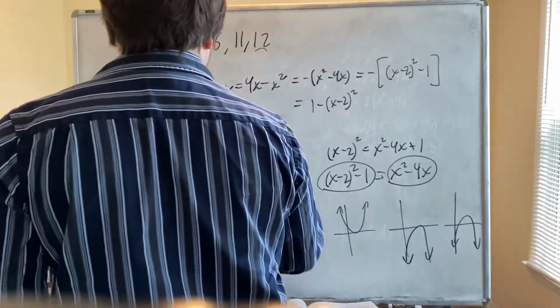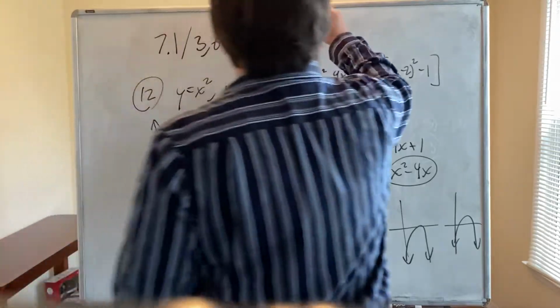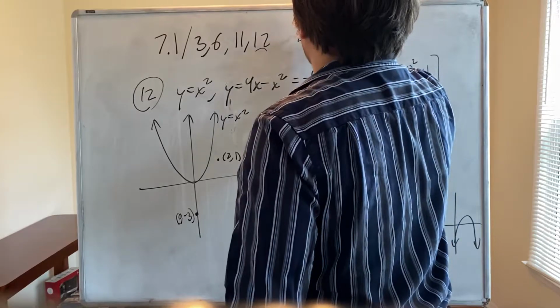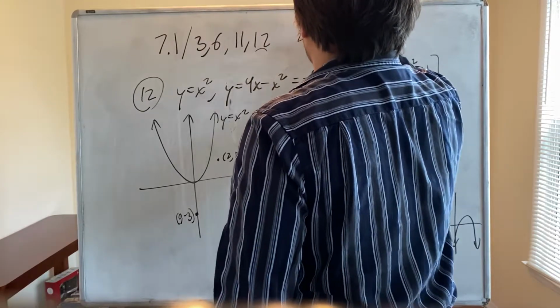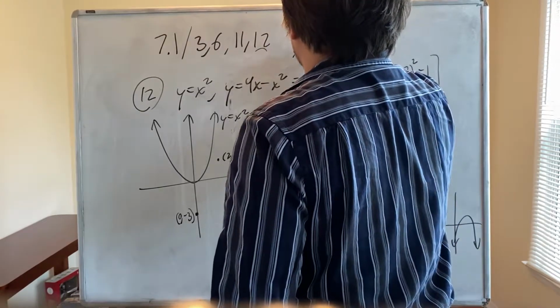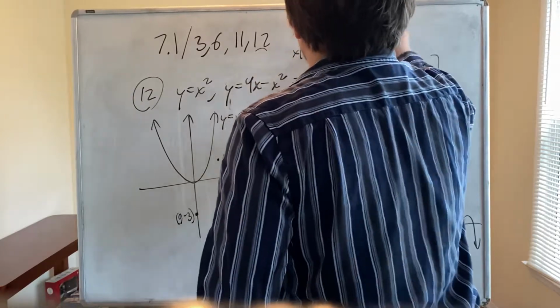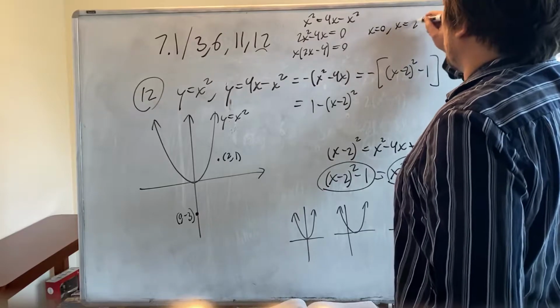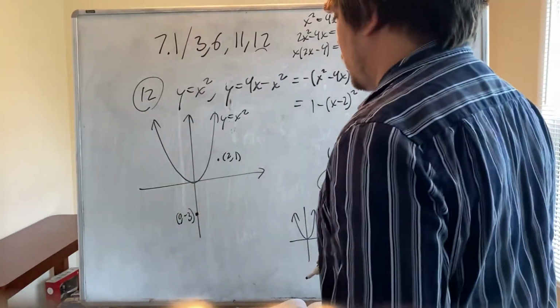And so, now where do these two graphs intersect? x squared equals 4x minus x squared. You have 2x squared minus 4x is 0. x times 2x minus 4 equals 0. You have x equals 0 and x equals 2. When x equals 0 and x equals